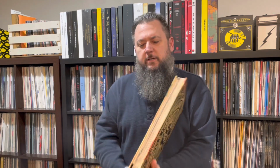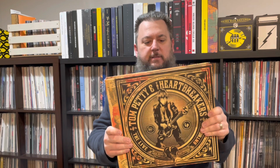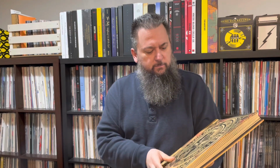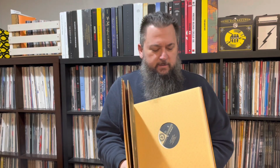All right, the first thing I'm going to share is the Tom Petty and the Heartbreakers Live Anthology. This is a 7 LP box set of live material recorded pretty much from the start of their career as a band up until, I think, this came out in 2009. But just a really nice box set, kind of like the Wildflowers box set that came out in the last year or so. It's got the old school album